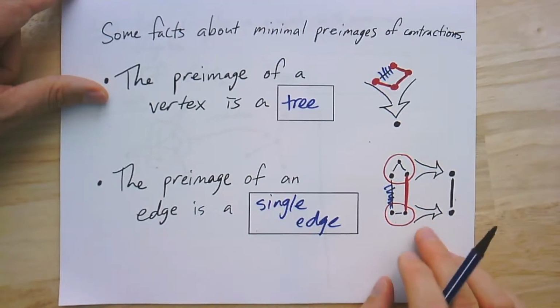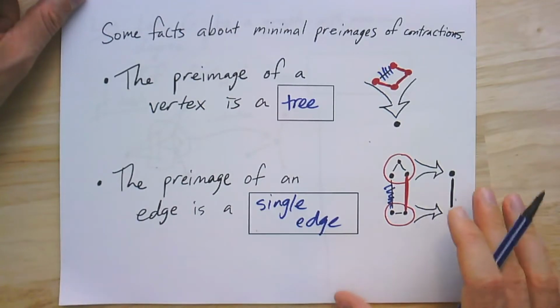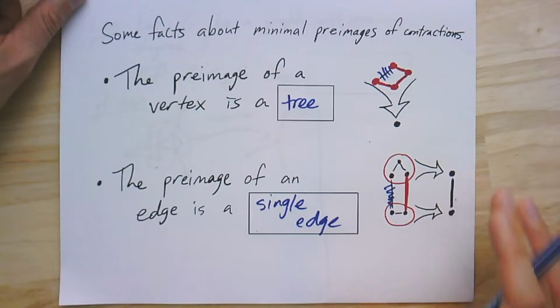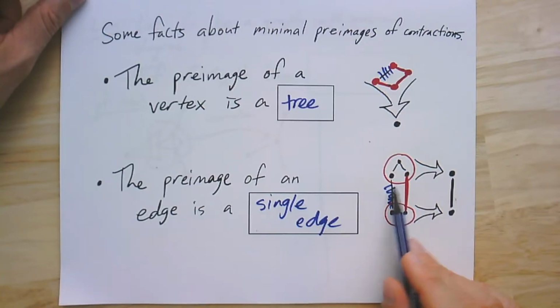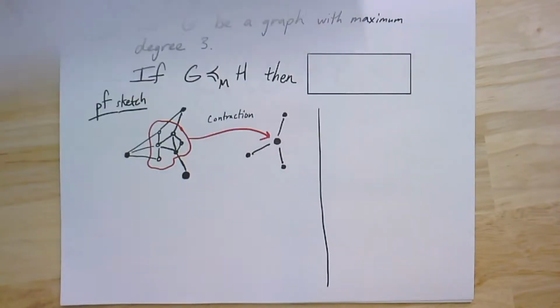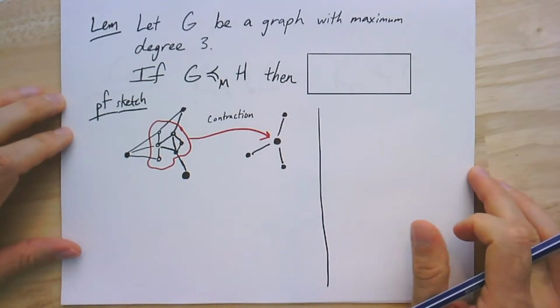All right, so this is going to be very useful for us because now when we talk about any contraction, and if we're only concerned with questions about whether or not it's a minor, or in fact also we can do this for topological minors, but if we only care about whether or not it's a minor, we know that we can first remove anything that's not in the minimal preimage, and that way we can know a little bit more, or at least assume a little bit more about what structures must be present in the domain of the contraction. All right, so that brings us to our first lemma, the first of our minor facts about minors,